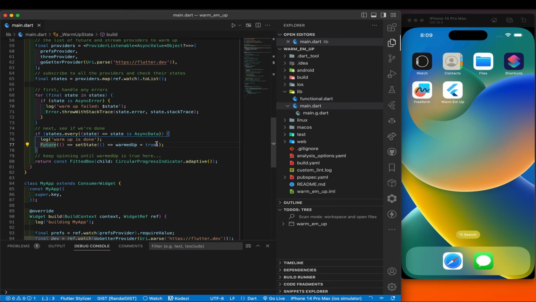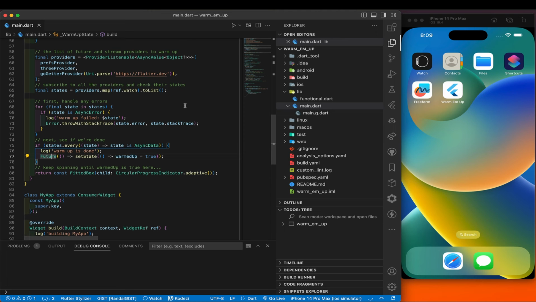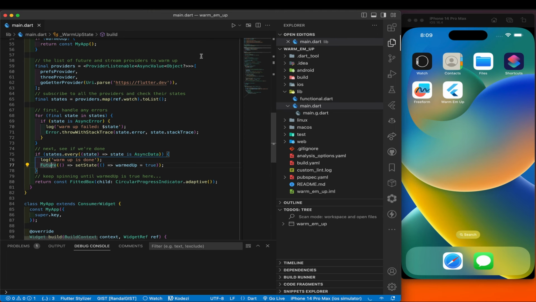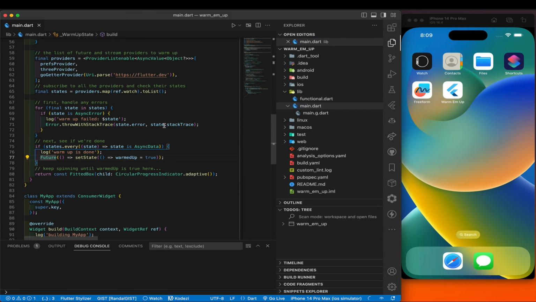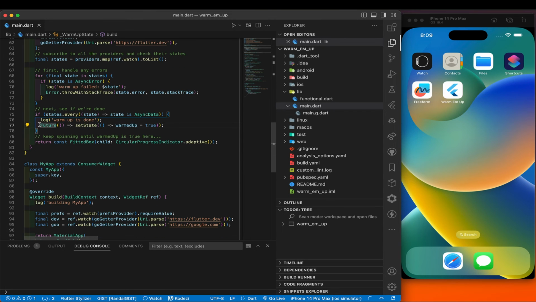Okay, so we have an unawaited future here. Now, also notice we still didn't have to make this method call async. This method call is still synchronous, right? Because we're in a build. Build is always synchronous, so there's no async in here. If I wrote await here, it wouldn't work because it would say, no, you have to be in an async. Okay, now, if we make it past something is broken, and we make it past maybe everything is all done,